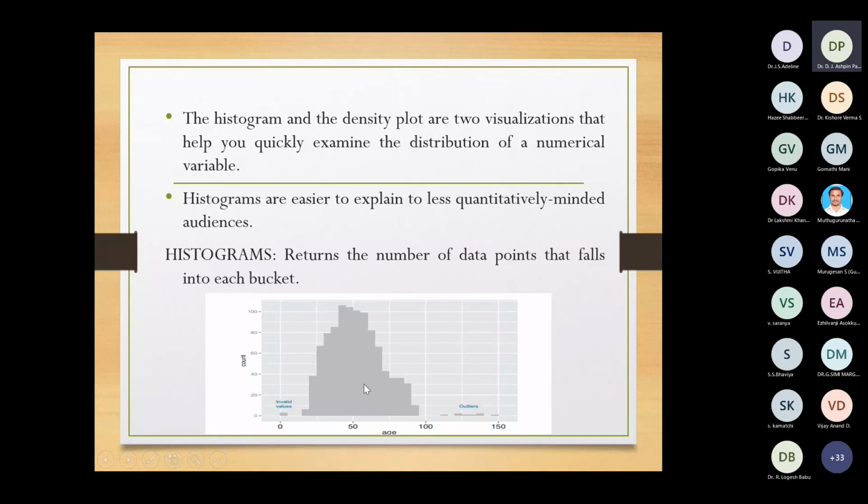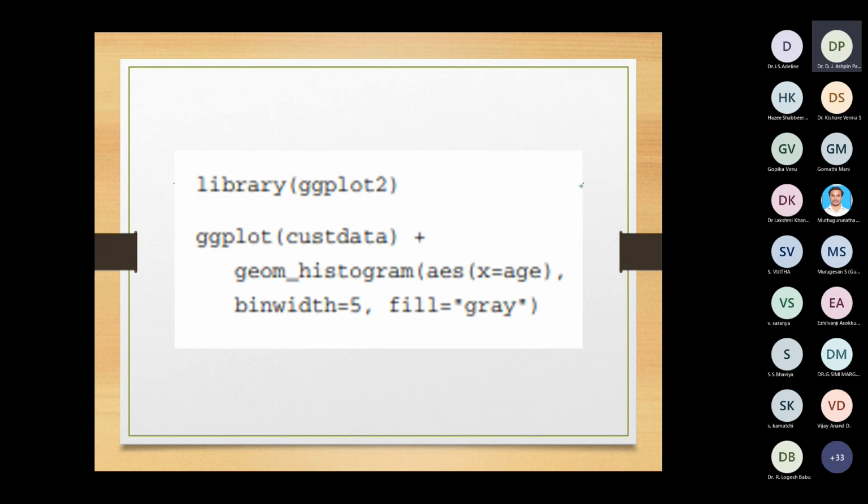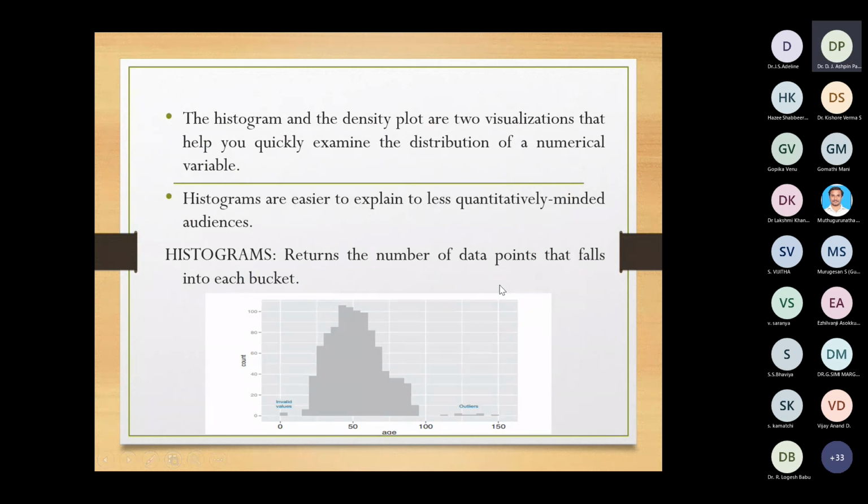You can create the histogram by using the ggplot function. Here you have to use geom_histogram. The aesthetic specifies the x variable, y variable, and it also contains other parameters, like binwidth, which you can specify, and fill, which is what color the bucket has to be filled with. It contains many optional parameters, but the x variable you have to specify here. So your x will be the age, and y is the frequency, the number of people who fall under that particular age group, 20 to 25, 30 to 35, etc.